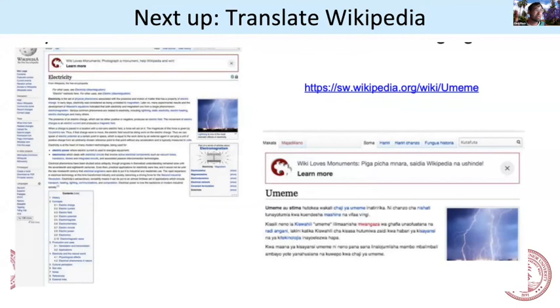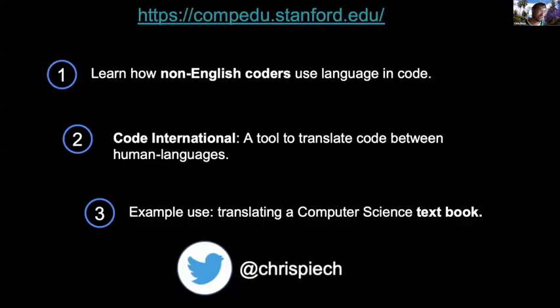If you look at Wikipedia in Swahili, this is to inspire you. If you look at Wikipedia in Swahili, you do not get very much information. In English, it tells you things like V equals IR and all these incredibly important things. If you look in Swahili, you basically get a paragraph on history. So, you know, this is a barrier to education beyond just code.